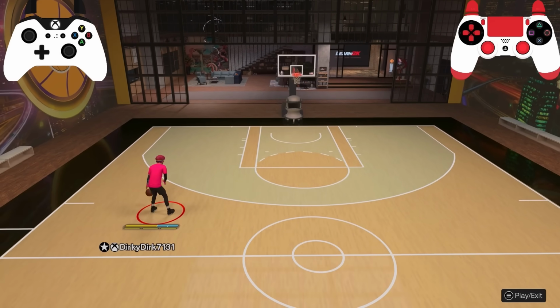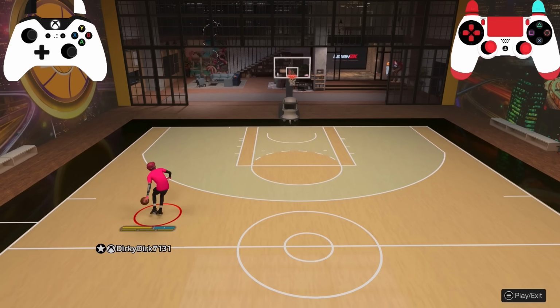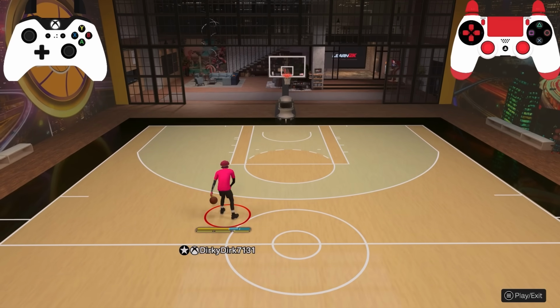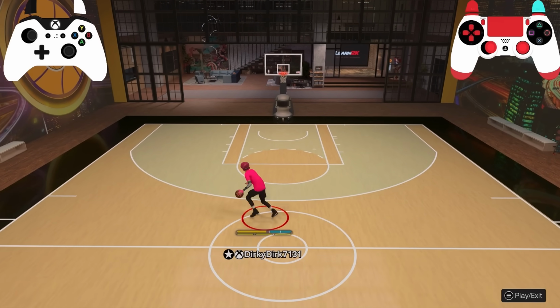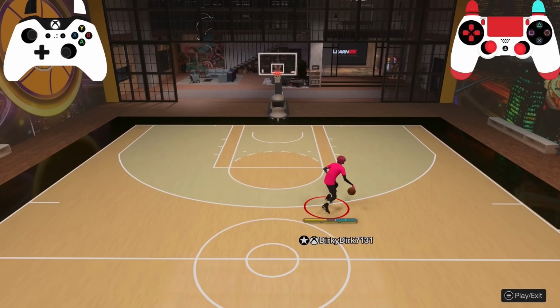This right here is the Lowry slide, one of the best dribble moves in the game, especially for twos. This is pretty much the only move, well, it's not the only move, but it's the main move that I do. And it's very, very easy. You're holding your right trigger the entire time. Let's say you're running right. As you're running right,